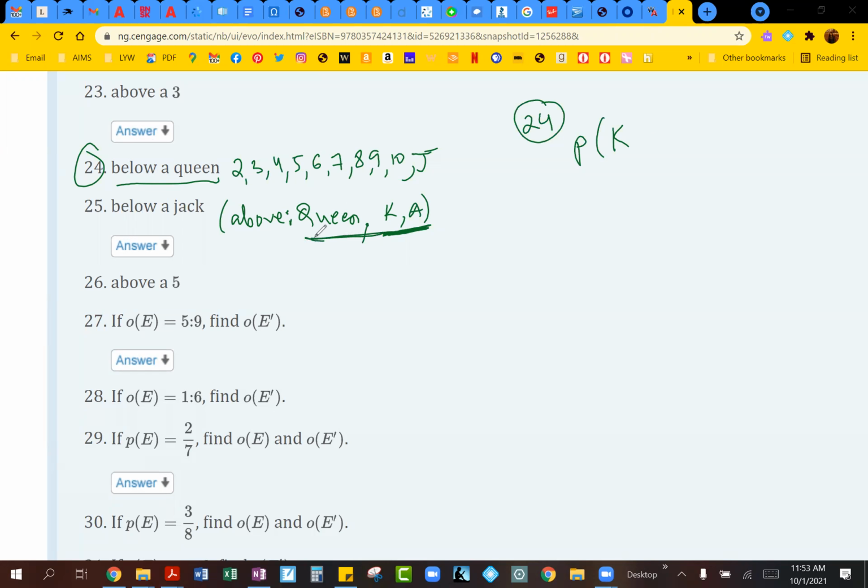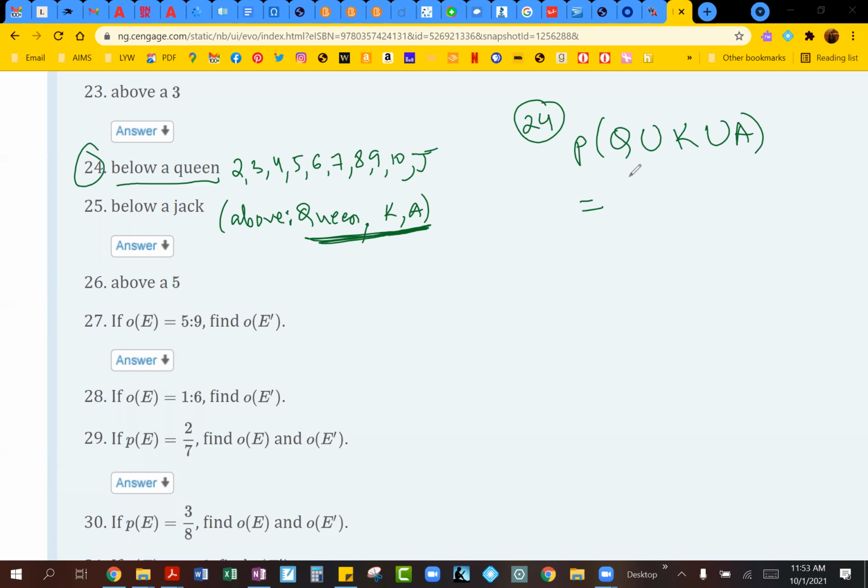So it will be queen, king, and ace put together. So this should actually be the probability of queen with the king with the ace,